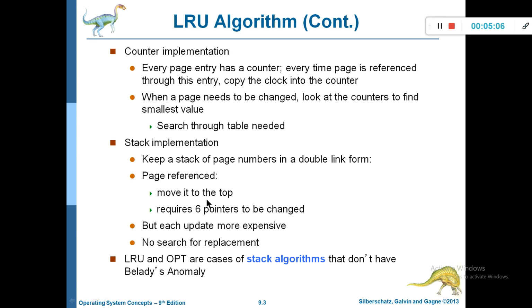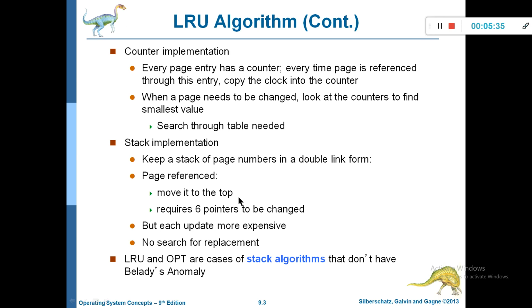Or it may also replace the page in the middle with the lowest, or from the bottom part of the queue. So it is going to become a time consuming process. So for that, implementing the stack using a doubly linked list is a better way. A better way of implementing the stack for the LRU page replacement algorithm is using a doubly linked list. Here we are going to have two ends, one is a top end, another one is a bottom end.